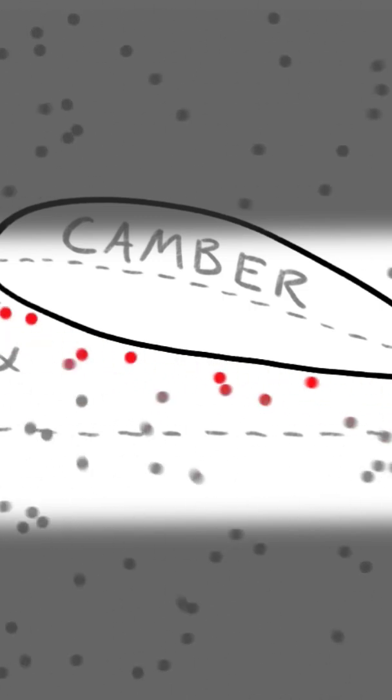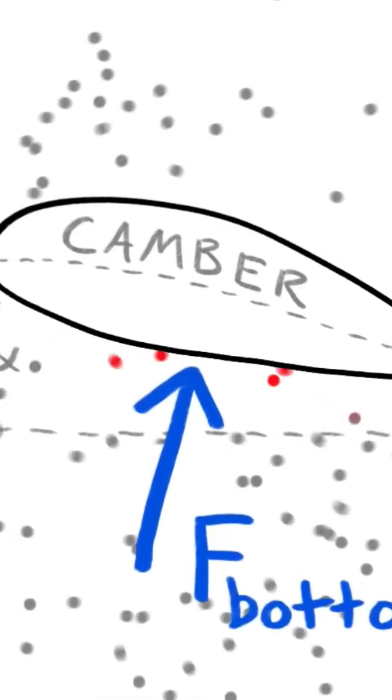But in motion, the curved shape of the wings and their slightly inclined angle means that the bottoms smash into more air molecules than before, and smash harder into those molecules, so the pressure on the bottom of the wing goes up. In addition, fewer air molecules now strike the top of the wing, and those that do strike it